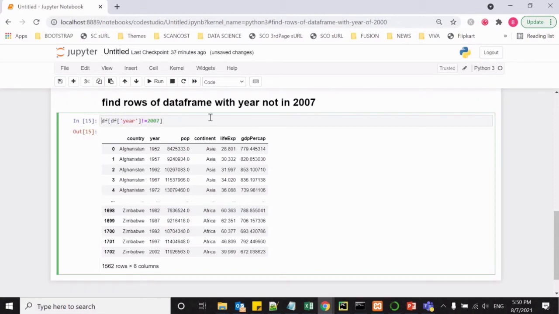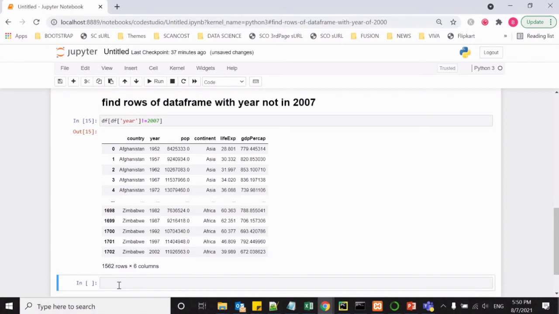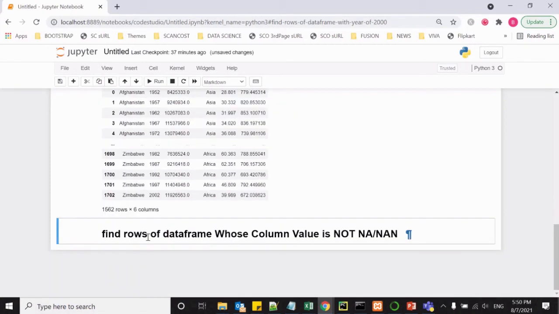Now let us see one more requirement. In this requirement, we need to find the rows whose column value is not NA or NaN, that is, not null. To get this solution, in pandas we have a function called notnull. Using that function, we can find the rows with not null values.